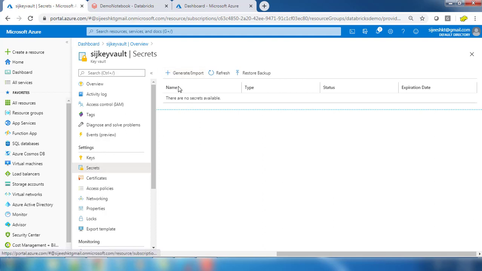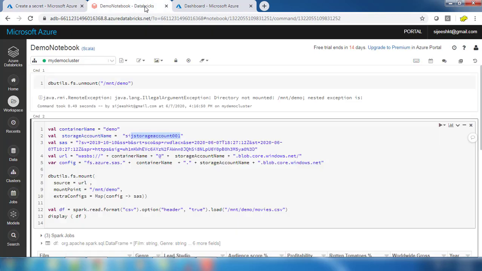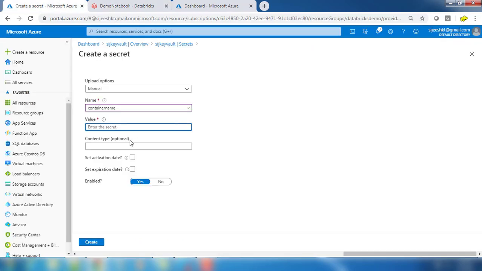Go to the secrets, then create or import, then the name. I can just type container name, and the value is the name of the container. My container name is demo. We can leave the other things as default and then create.